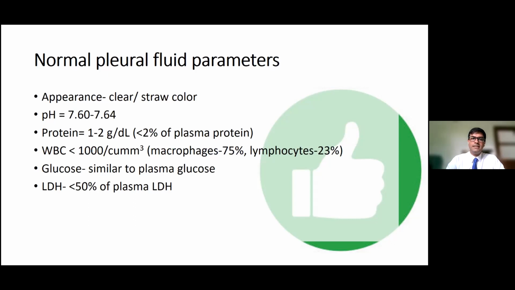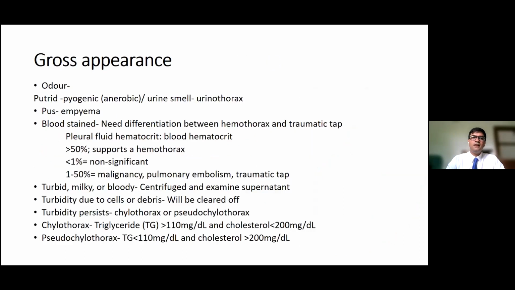The protein concentration should be less than 2% that of plasma protein. The white cell count should be less than 1000 per cubic millimeter, with macrophages being the predominant cell. The glucose in pleural fluid should be similar to that of plasma, while pleural LDH should be less than 50% of that of plasma. First, the gross appearance should be inspected, where if it is putrid, it supports a